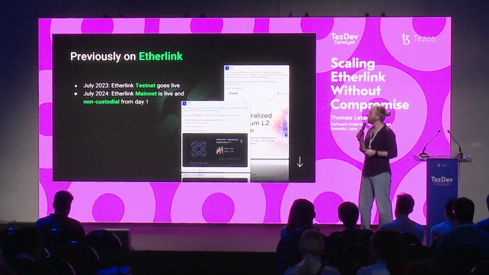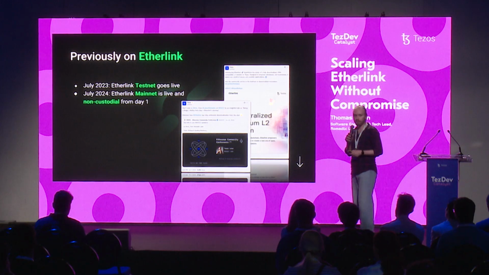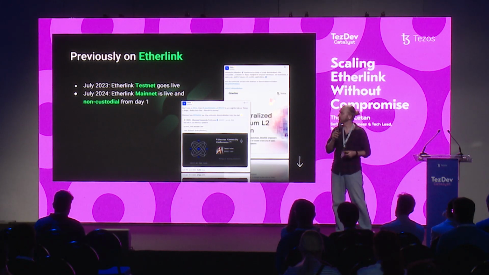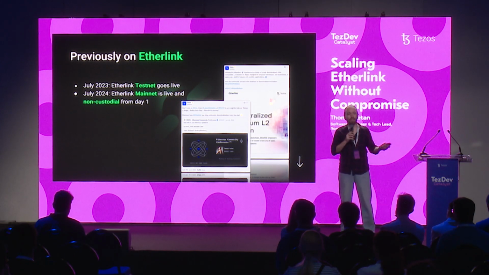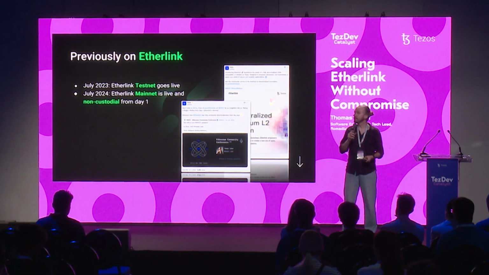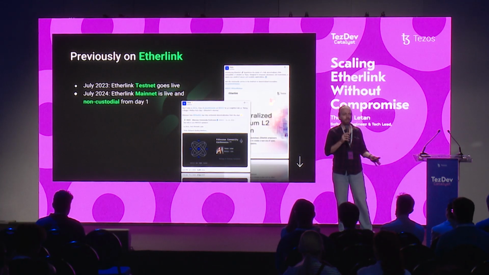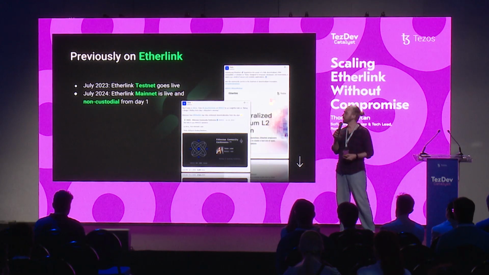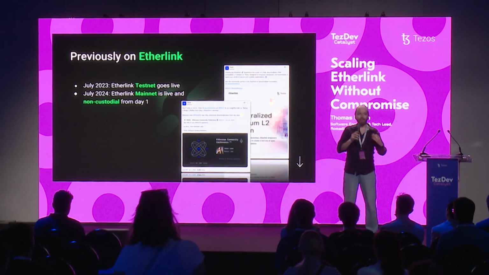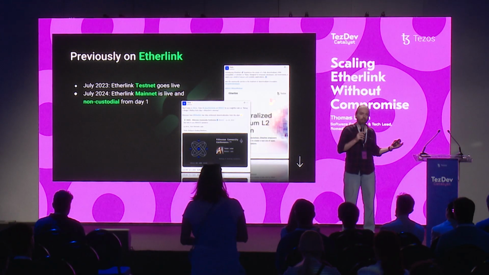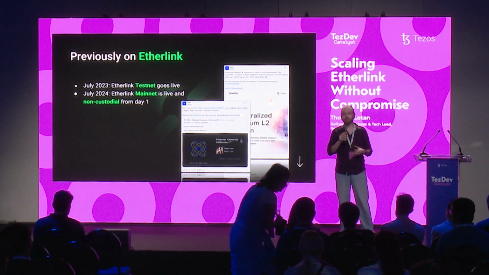And we've been building Etherlink for a while now, and it's turned out that July, for some reason, I don't know if you can guess why, is a pretty active month. So to give an example of a retrospective, in 2023, we announced Etherlink publicly at HCC and TezDev, and the testnet started at that time. So we have had a testnet on Etherlink for 2 years now. 1 year later, we already had the mainnet. It was in a beta stage at the time. It's no longer the case.